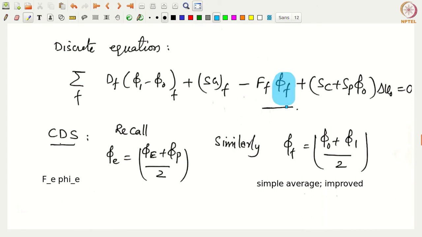Now what happens when we substitute this? You have minus Ff by 2 going into a0, and then you have minus Ff by 2 going into a1. Now a0 is your P cell here, that is your 0 cell. That means minus Ff by 2 would become plus Ff by 2 when it goes to the right-hand side, and you have a minus Ff by 2 that is remaining here.